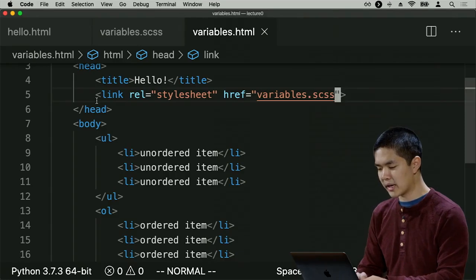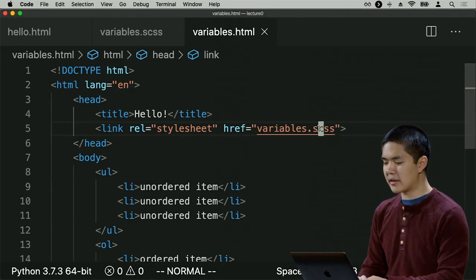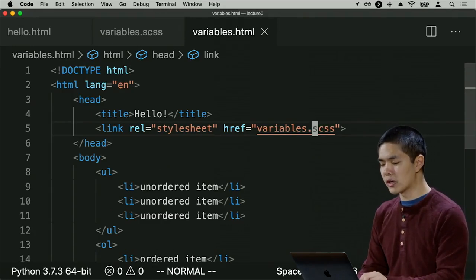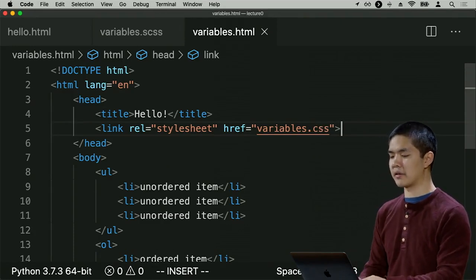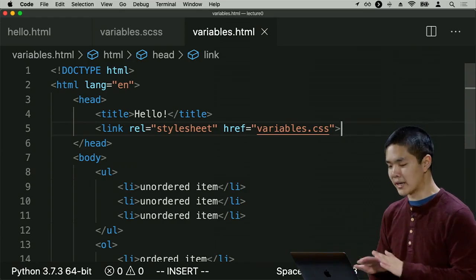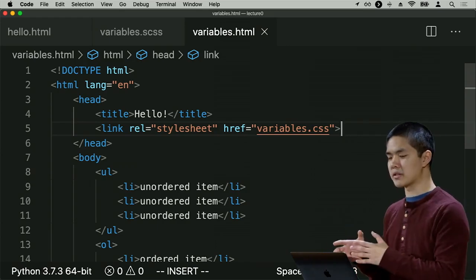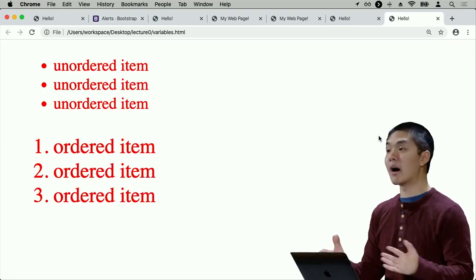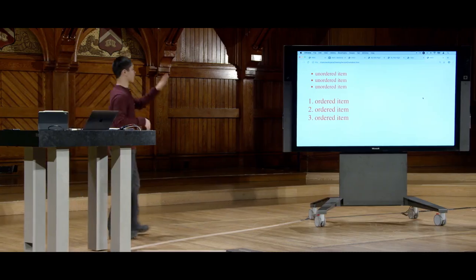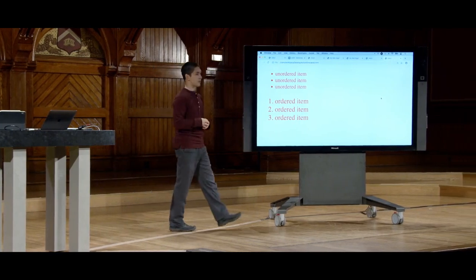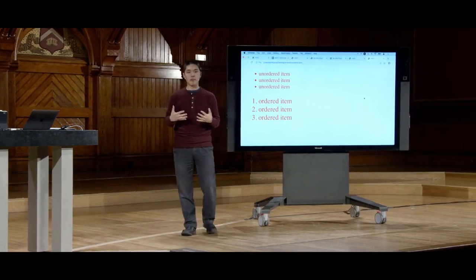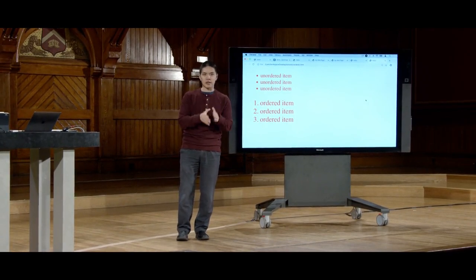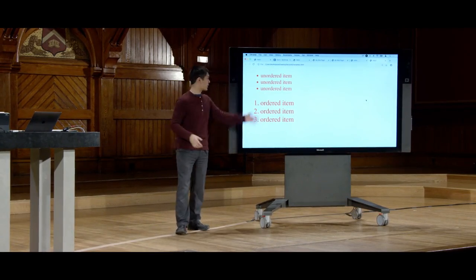And so now, inside of variables.html, instead of referencing the SCSS file, I'm going to reference the CSS file as the style sheet, because my web browser only understands CSS, it doesn't understand Sass. Now when I load the page, I see the result I expect. Everything shows up as red, and the font sizes are different. So ultimately, this was a two-step process. I first needed to take my Sass code, compile it into CSS,